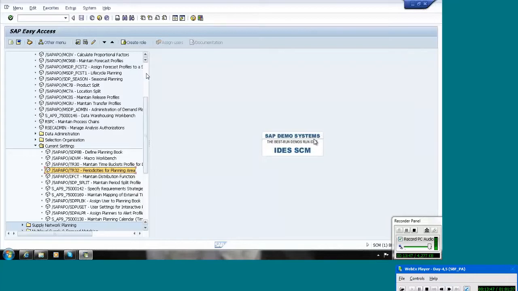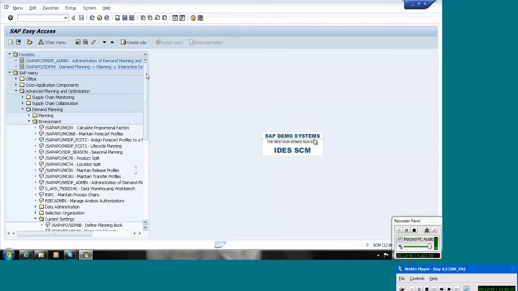So we are thinking from which date to which date we want to do our planning. What is the real planning we are doing, those dates we are defining in the planning area. So those dates should be within the storage bucket profile. Indirectly, the storage bucket profile dates are high level and the next are the planning area dates.